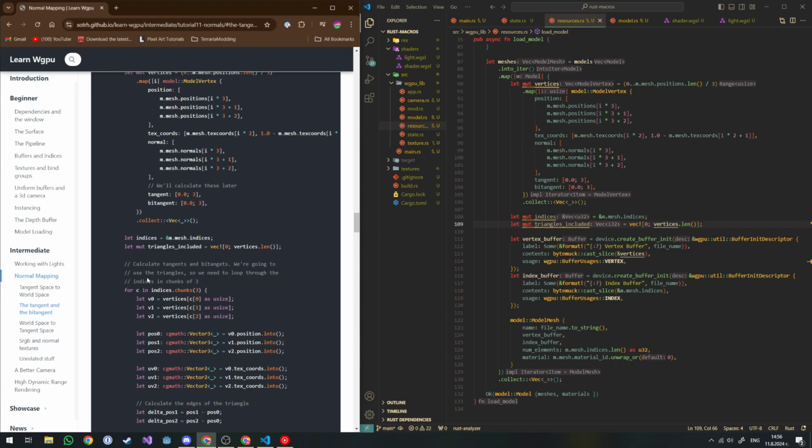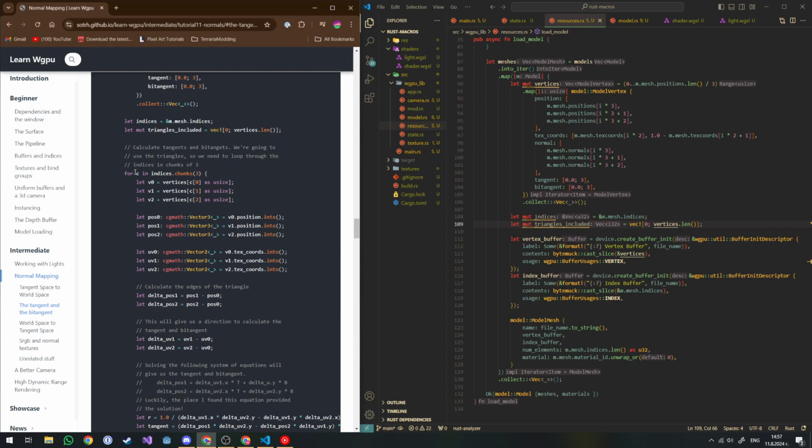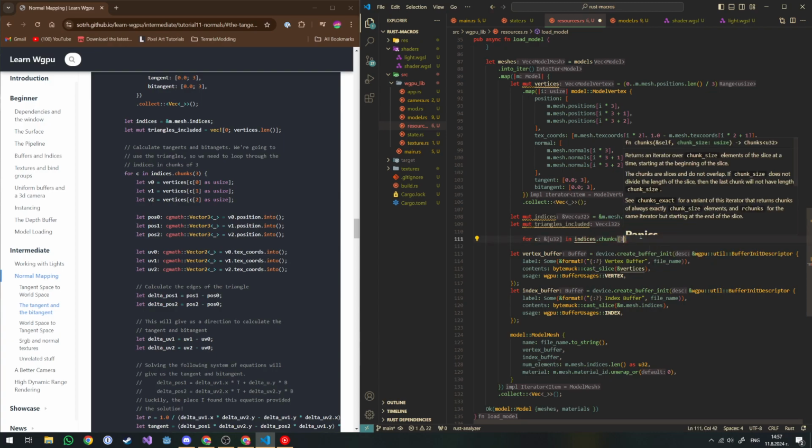We're going to use the triangles, so we need to loop through the indices in chunks of 3. So for each chunk in indices dot chunks 3,